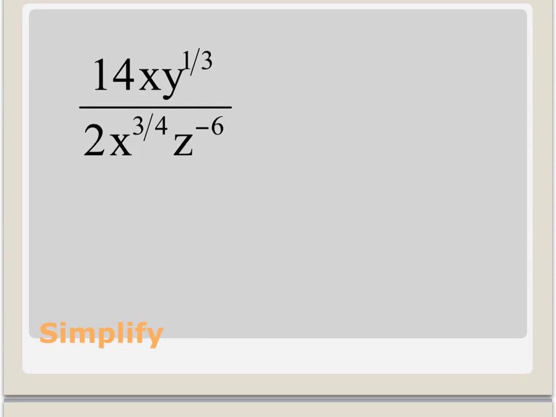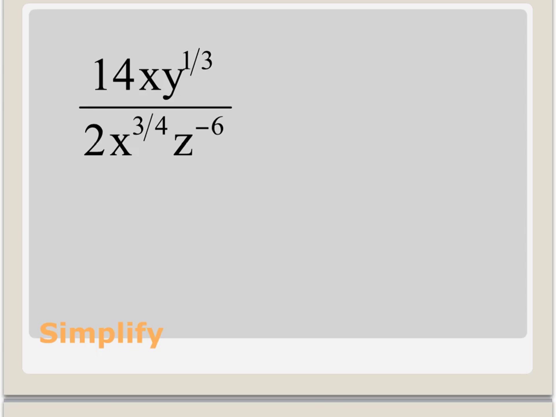Now here's where we get a little tricky, and we had difficulty with these types of problems with whole numbers, so of course we're going to have some difficulty, and we're going to need to work really hard to understand fraction exponents. So let's look at this problem. Remember, we want only positive exponents, we want no parentheses, no zero exponents, and